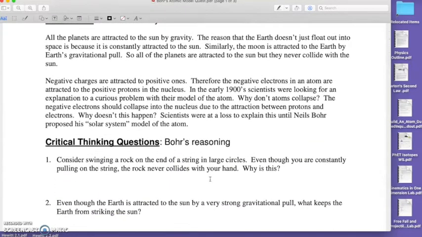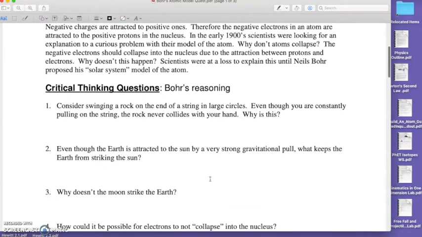Negative charges are attracted to positive ones. Therefore, the negative electrons in an atom are attracted to the positive protons in the nucleus. In the early 1900s, scientists were looking for an explanation to a curious problem with their model of the atom. Why don't atoms collapse? The negative electron should collapse into the nucleus due to the attraction between protons and electrons. Why doesn't this happen? Scientists were at a loss to explain this until Niels Bohr proposed his solar system model